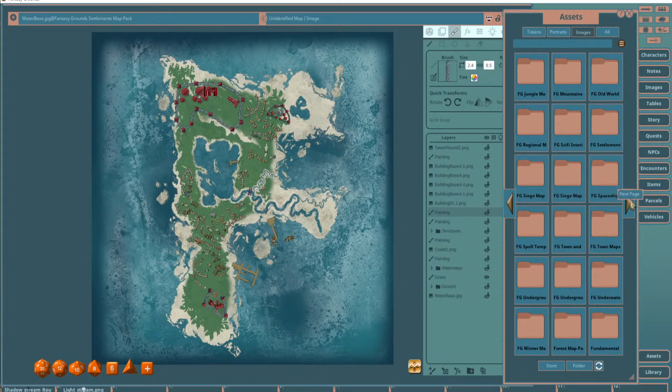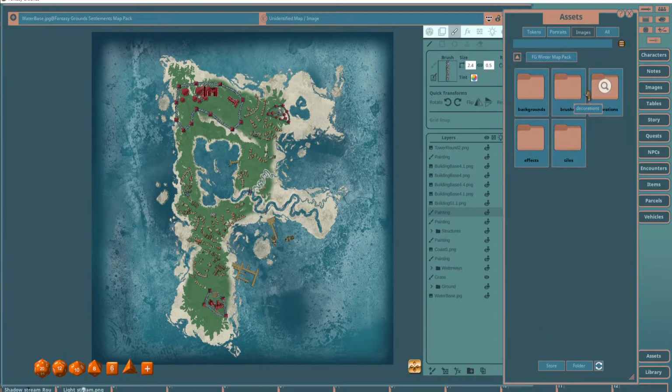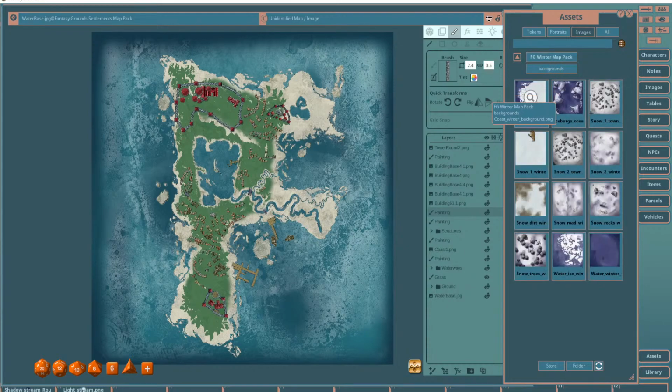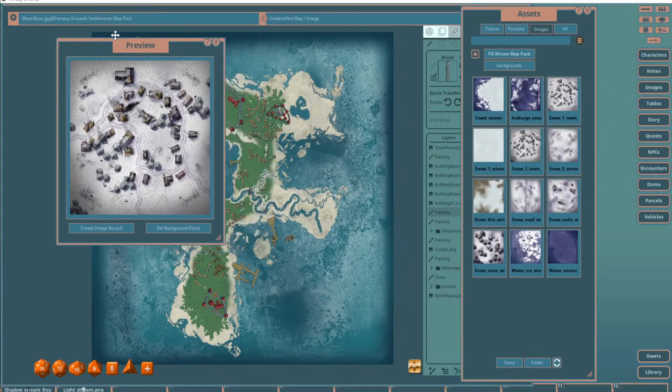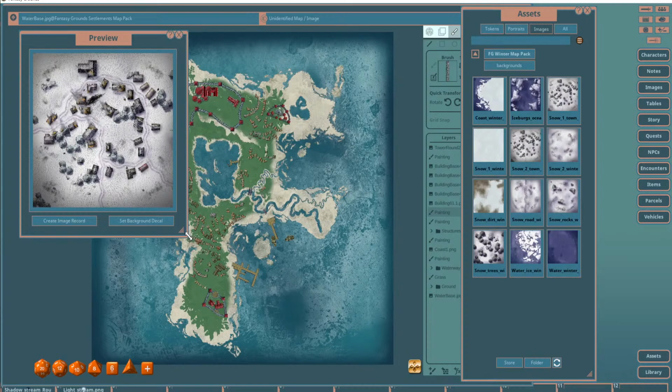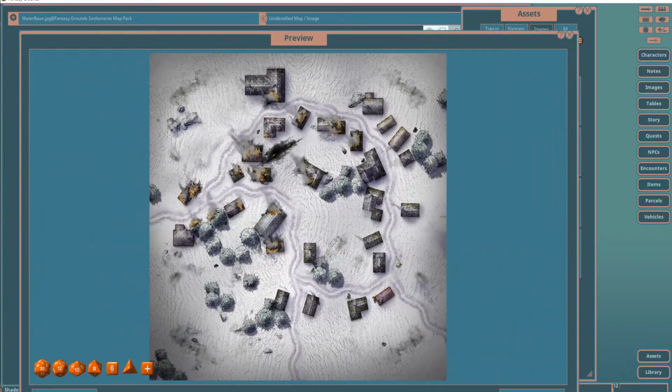You know that if you look in the winter art pack, let me just get off on a tangent here before we go too much further. Let's go into the FG Winter map pack. In the backgrounds, most of the time all of the pre-made maps will be in here. I actually created, let's see here, is it this one? Oh yes. So here is a map of Snowtown that is on fire, and that is specifically created for that, and I have one